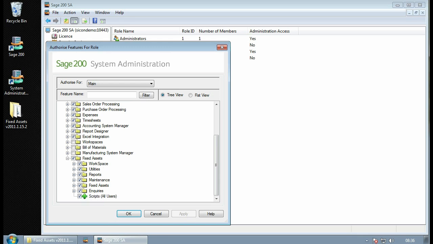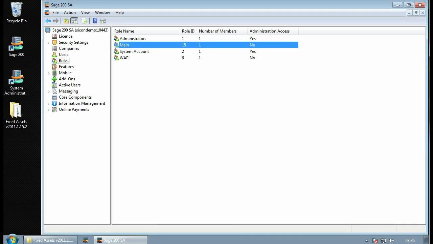But if anyone's closing off periods, you do need to at least enable the script all users on their role, because there's a check when closing off the periods and closing off the year that the fixed assets run has been done, and without that we can't run the check. So I'm going to click OK to that now,